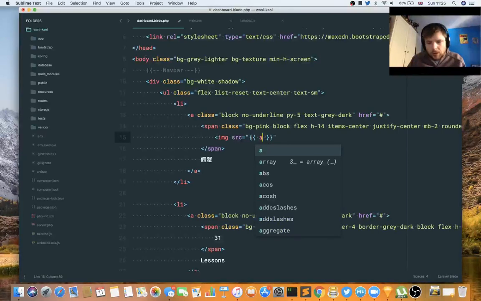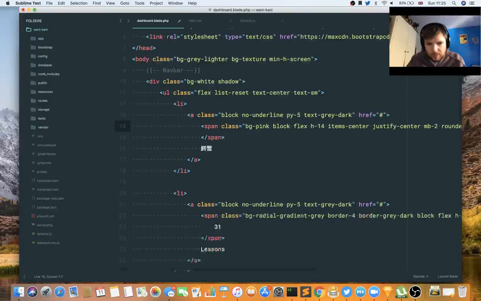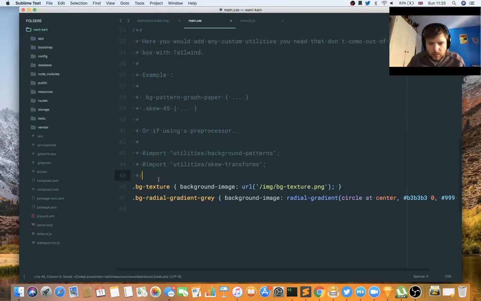So I'm putting it in as an image tag. I've just realised that they use it as a background image. I am going to do the same actually. Alright, so